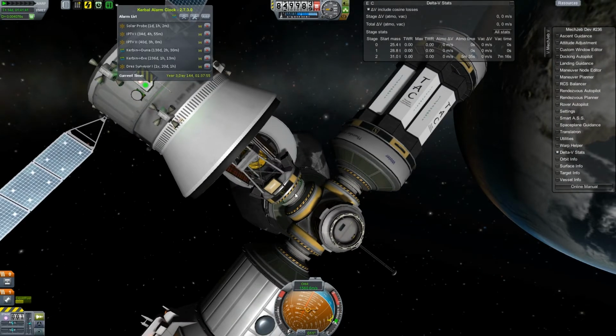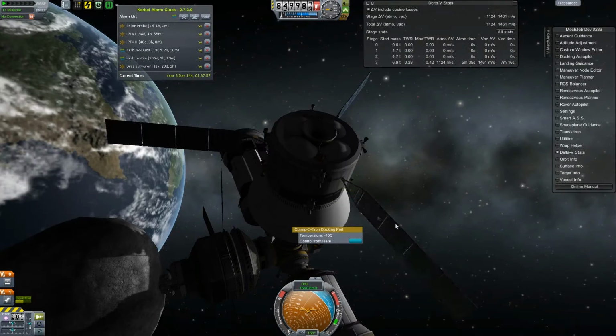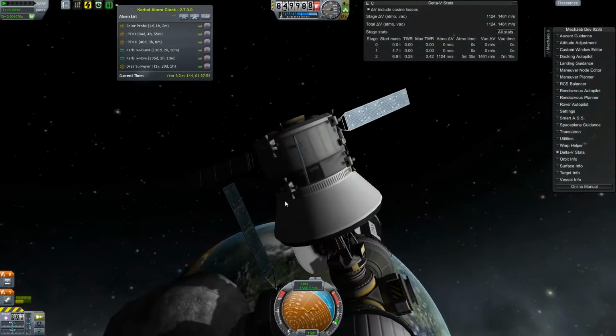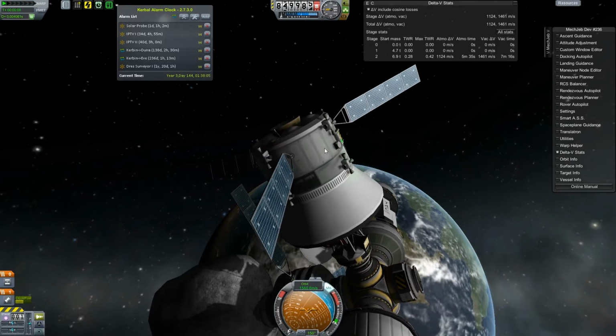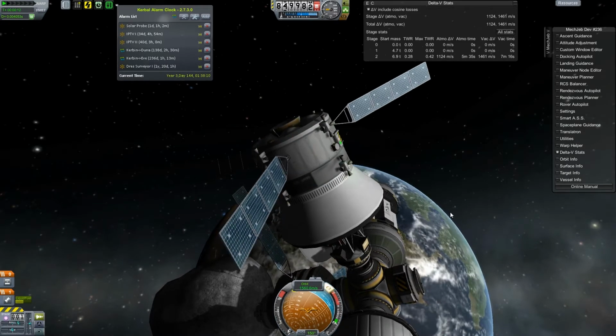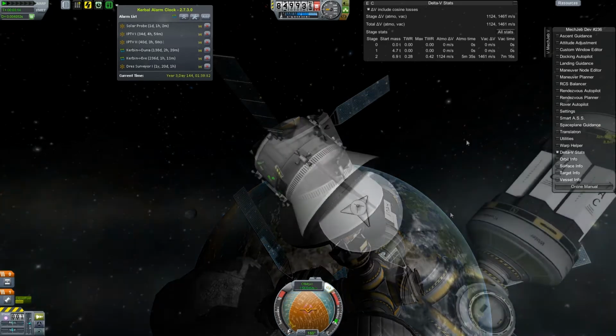I was using the main engines, I think, to dock, because I don't think I had an RCS tank on that due to an oversight on my part. Is that the case? Let's see if we have RCS fuel here or not. Yeah, I'm just letting it drift apart here because I have no RCS, so that explains that. Anyway,